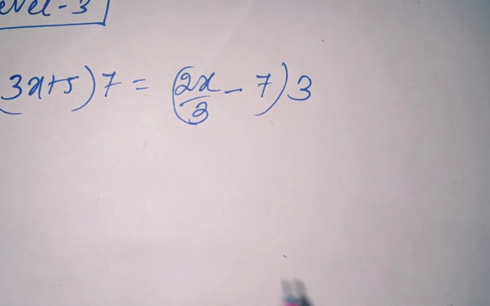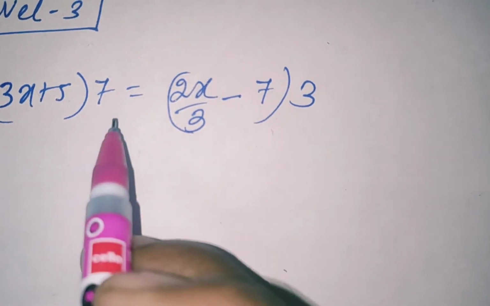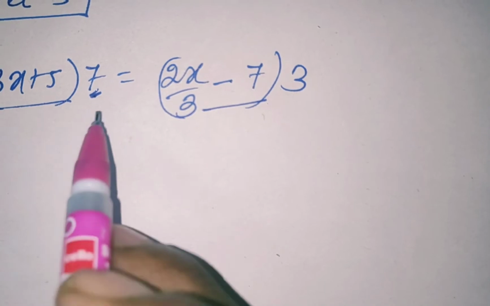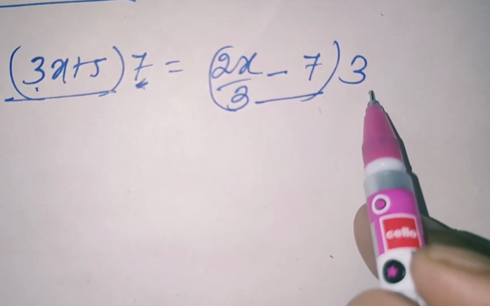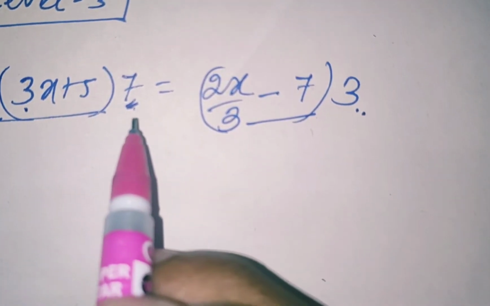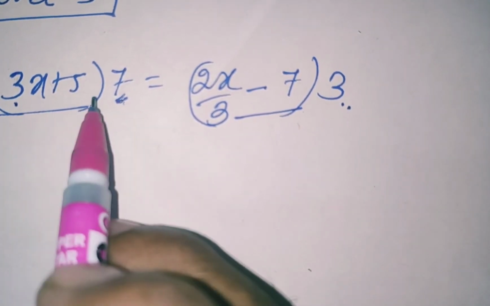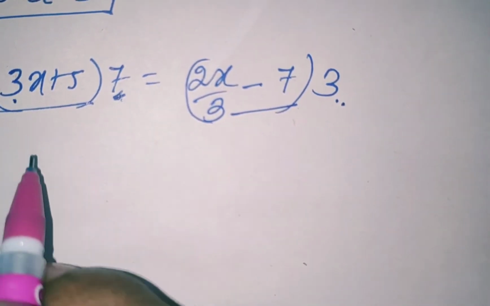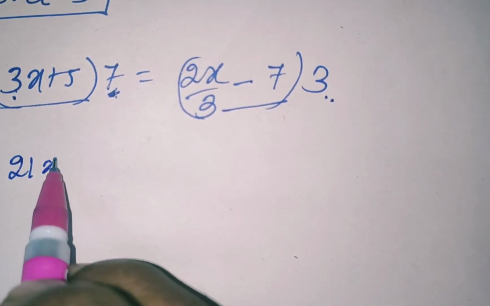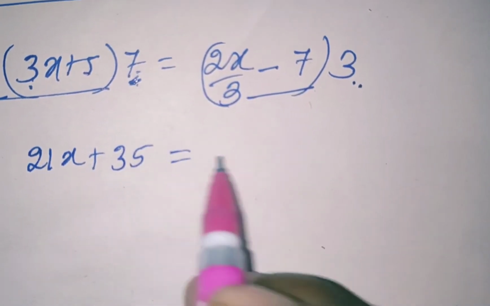So now here first we need to open the bracket. Means first multiply this 7 with all the terms. 7 is multiplied with 3x plus 5, and here also on the RHS 3 is multiplied with these two terms. Now I will solve one by one. See, first you just multiply 7 here. If we multiply 7 on both sides, what will happen, see. 7 into 3x, 7 3s are 21x plus here 5 is there, 5 7s are 35 is equal to.